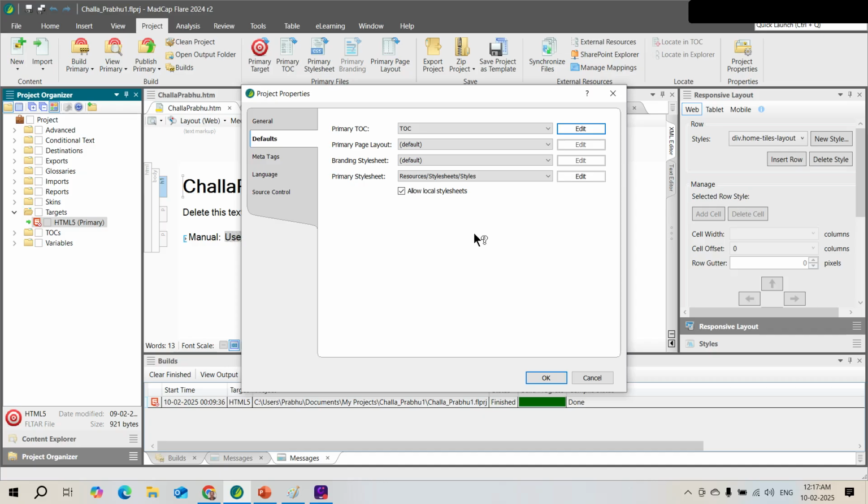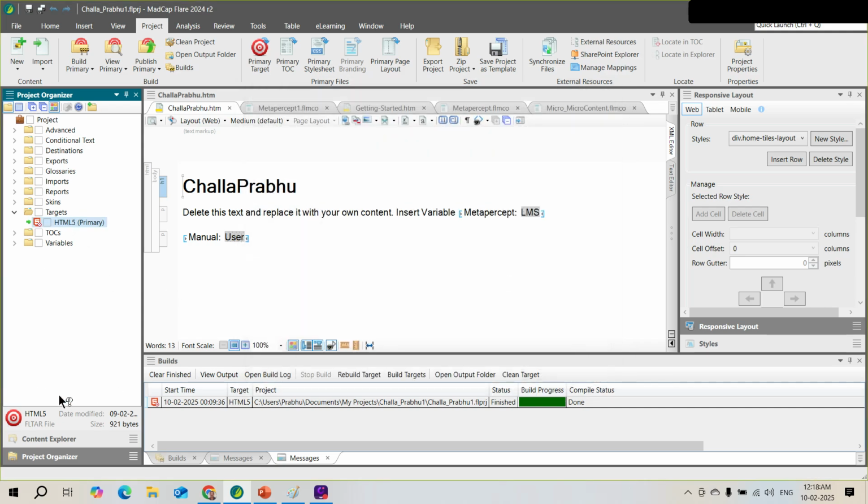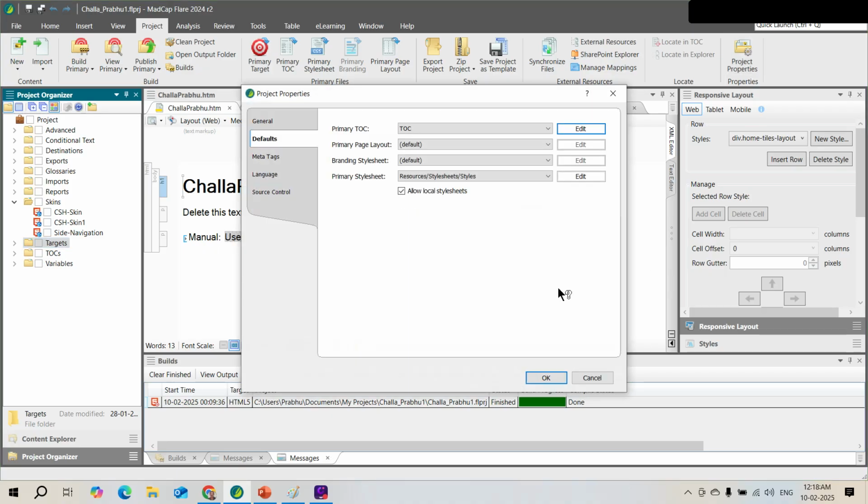Because you may have 3-4 style sheets, you may have some documents, some files with you. You have to know properly whether that information will be taken at runtime when the application is being built. For example, I have skins. If you just look on the left-hand side, I've got CHS skins, CHS skin 1, side navigation. Now, in case I'm generating an output where